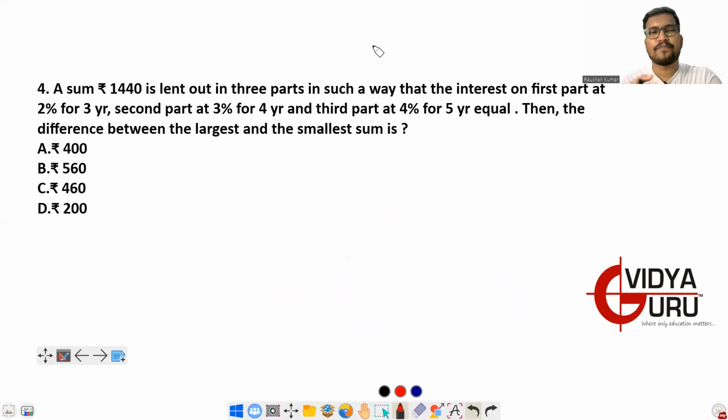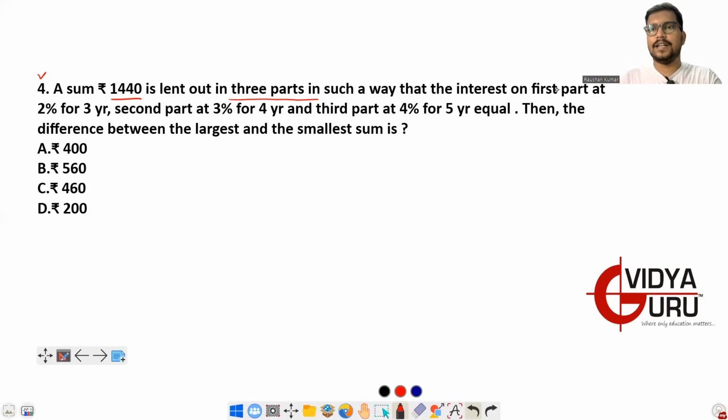Okay, now see, the fourth question. What is the fourth question? The question is saying a sum of rupees 1440, right? 1440 is your sum, that is the principal amount, which is lent out in 3 parts in such a way that, see, 1440 is basically divided in 3 parts in such a way that the